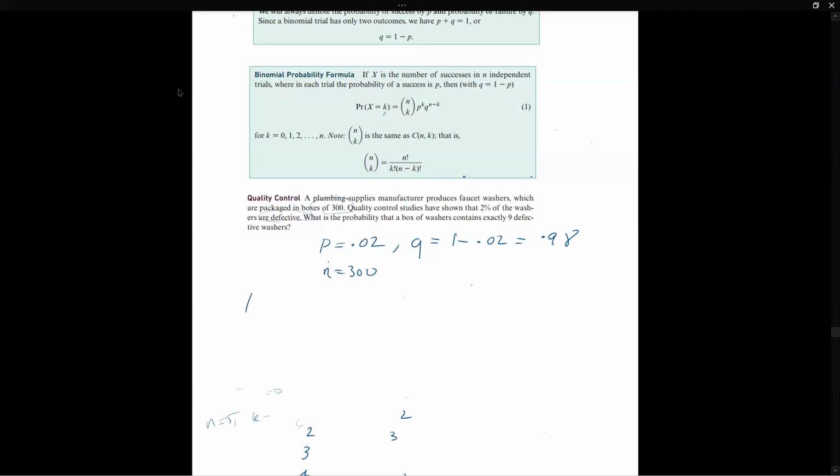So the probability that 9 out of 300 washers are defective will be,